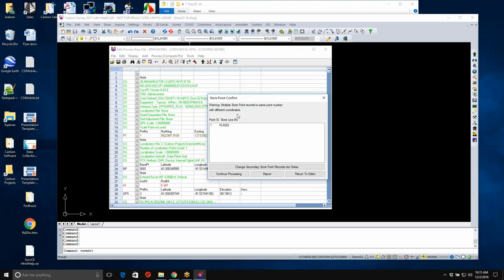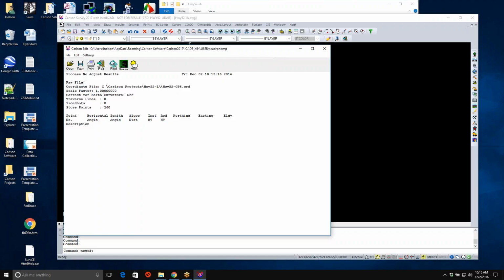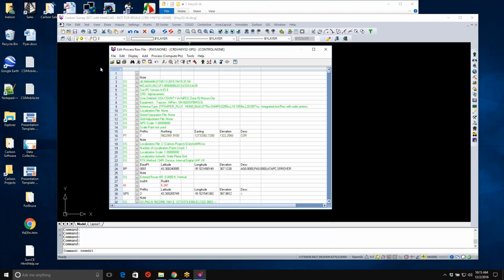And actually what we've got then is a conflict where multiple store points records point to the same point number. So I'm just going to go ahead and say continue processing for right now. And I have my initial report, and I'm going to go ahead and exit out of that report. And what I also want to do now is do a process compute points, and this time we're going to